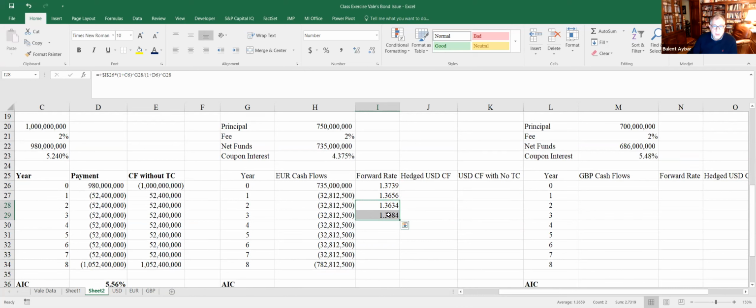So if we copy this through, we have spot rate 1.3739, 1 year forward 1.3656, 2 year forward 1.3634, 3-year forward 1.3684, and so on. So it goes on, but eventually